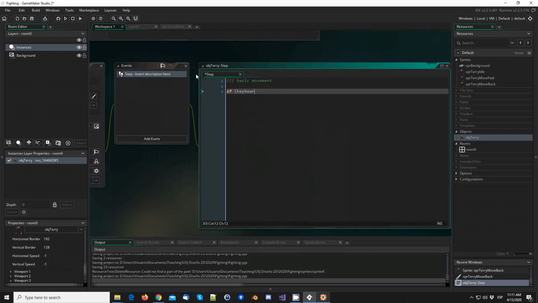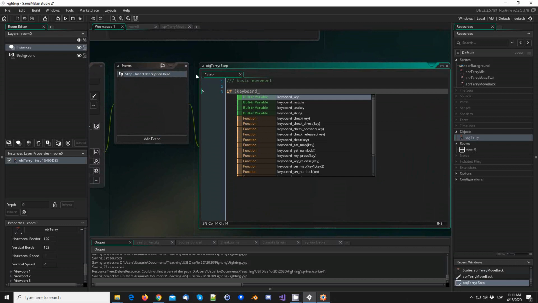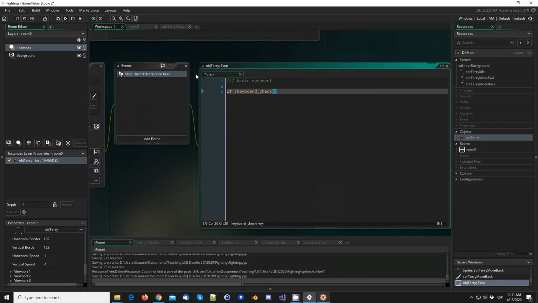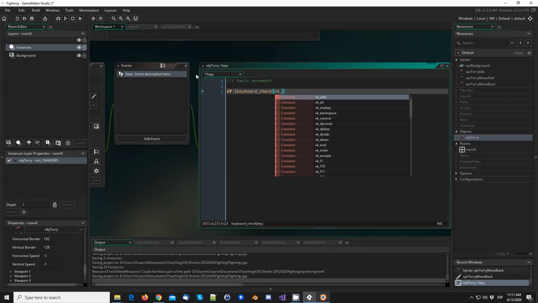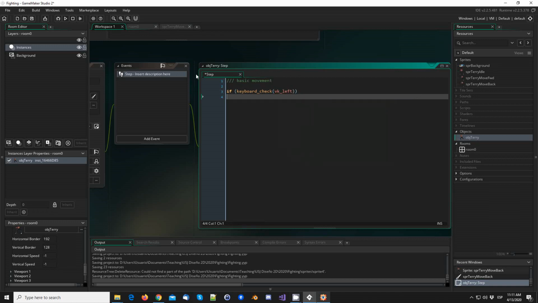If keyboard check left, then we're gonna do, so, movement is 0. If it's left, we're gonna say movement is -2, or